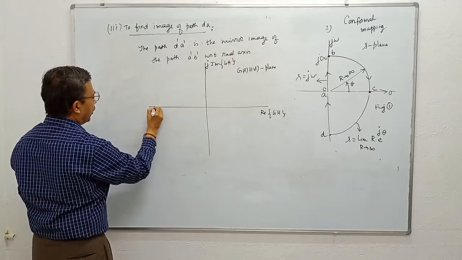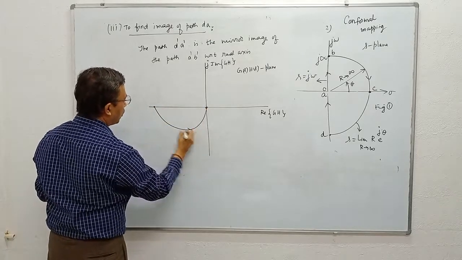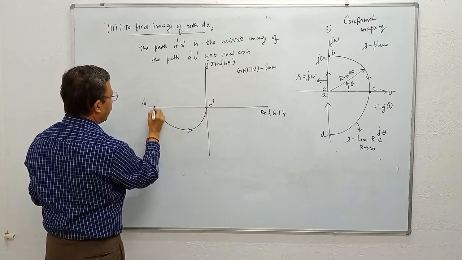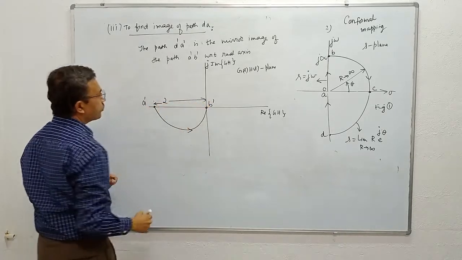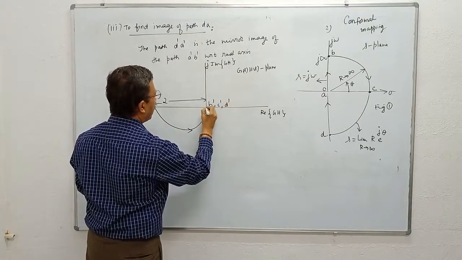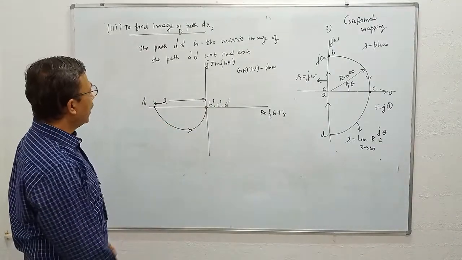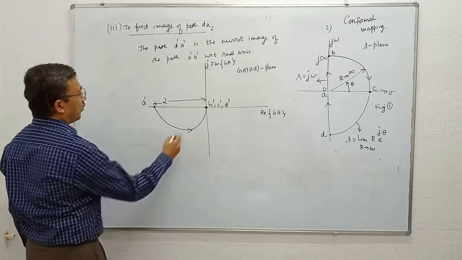This is the polar plot which is drawn in figure number 2. This is point A dash, this is point B dash. This distance is 2. B dash, C dash, D dash are at the origin of the G of S, H of S plane. I have shown it. Next, D dash, A dash is the mirror image of path A dash, B dash with